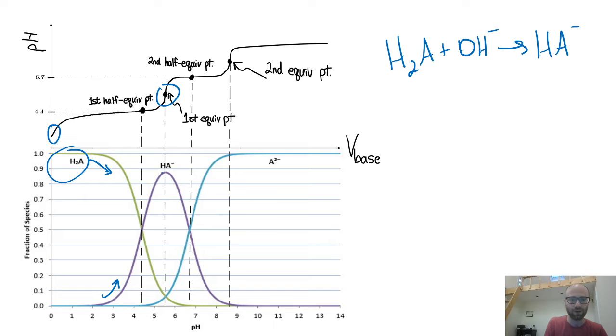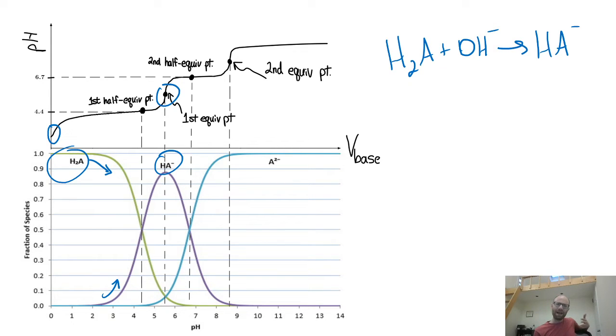Now, this is going to be the guiding principle for the rest of the video. Once we reach that equivalence point, what really ends up happening is that H2A is the predominant form of the acid, and you don't really get conversion of HA into A2 minus until you get 100% conversion of H2A into HA. The real big reason behind that is that